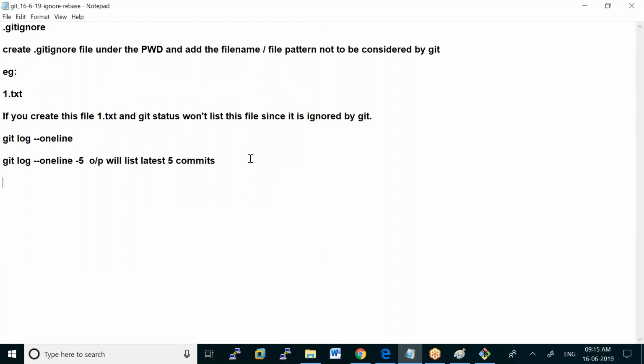So git log hyphen hyphen oneline will give you the latest commits, we saw that. Now how to add a pattern. Okay, how to add a pattern. So if I want to neglect